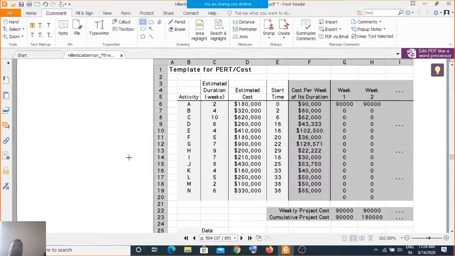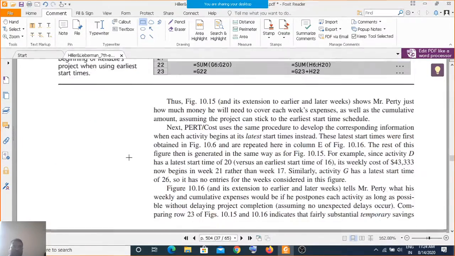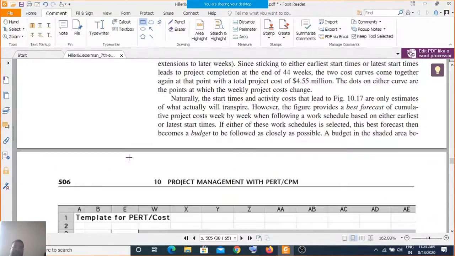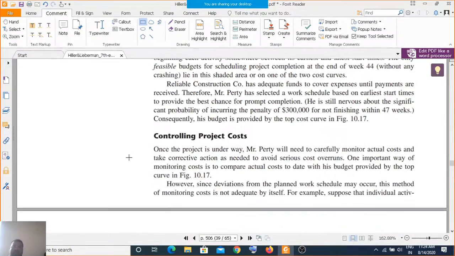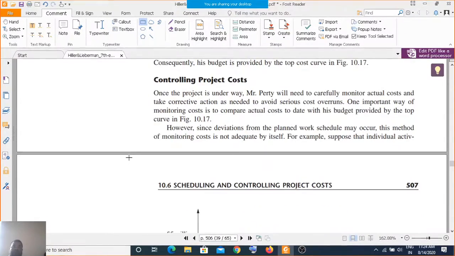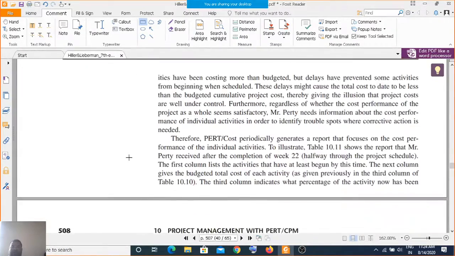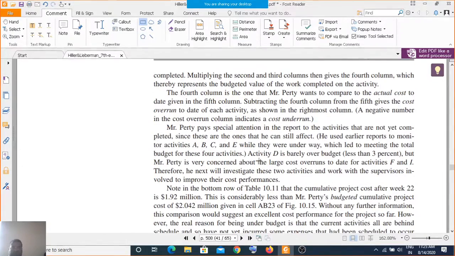Generally the tables are necessary, and these tables can then be used to create graphs or charts. You may have a pie chart, a Gantt chart, and other charts. The controlling of project costs is calculated based on these things, and tables are created.